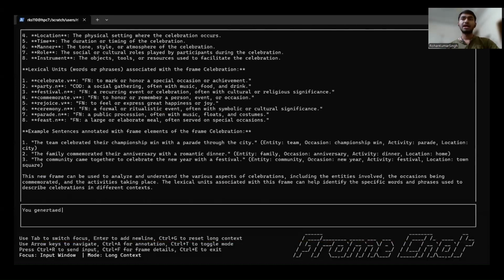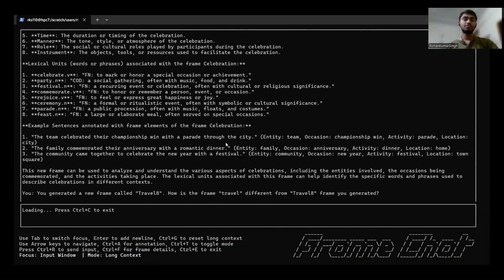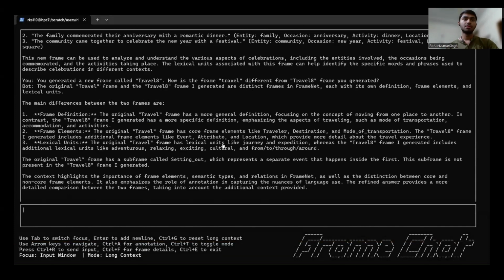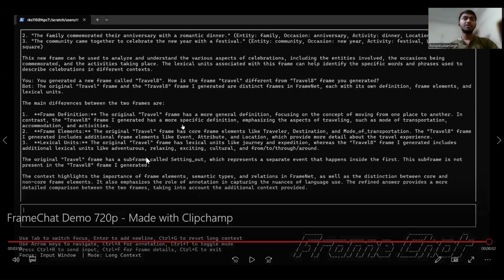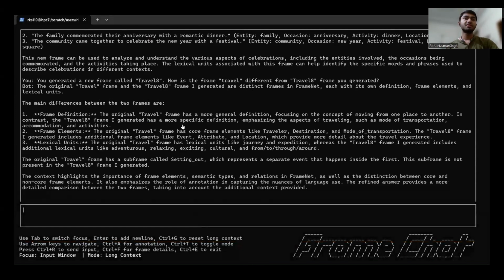So why not ask it to differentiate the travel 8 frame generated earlier and the general travel frame. So here we can see it has given the main differences between the two frames, which is the original travel frame has a more general definition, focusing on the concept of moving from one place to another.